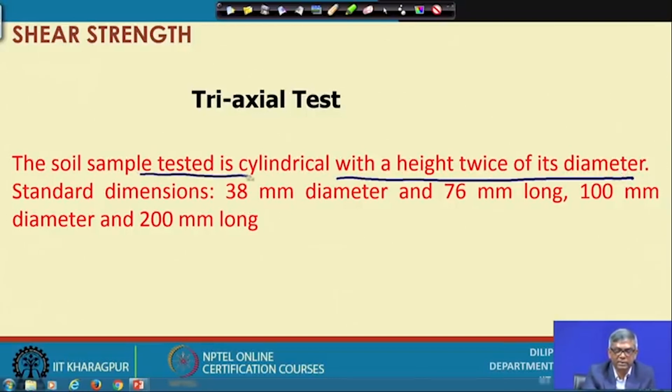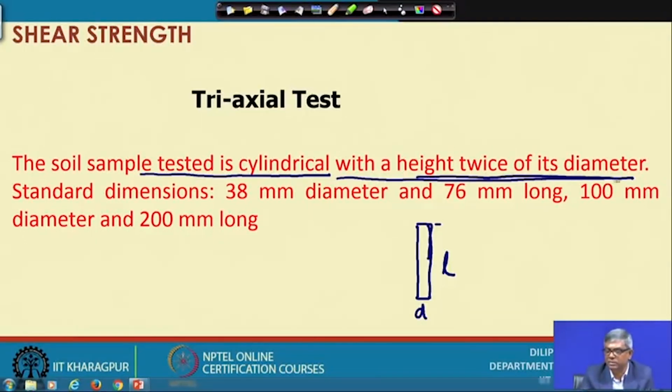The soil sample tested is cylindrical, so there will be a definite diameter D and length L. If you test on different samples, you will get different results. The best, most consistent results we get when we maintain a particular L by D ratio. That is, the height is twice its diameter, which is a standard we use everywhere, and that standard dimension in most laboratories is 38 millimeter diameter and 76 millimeter long,